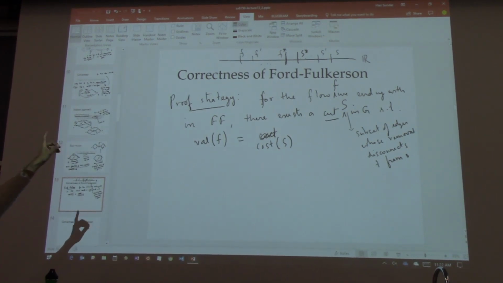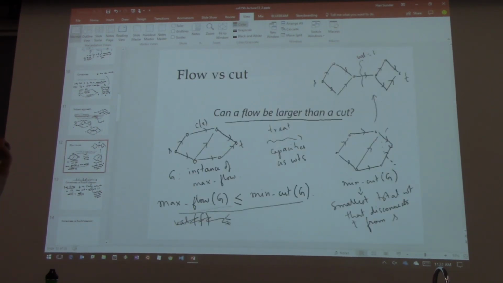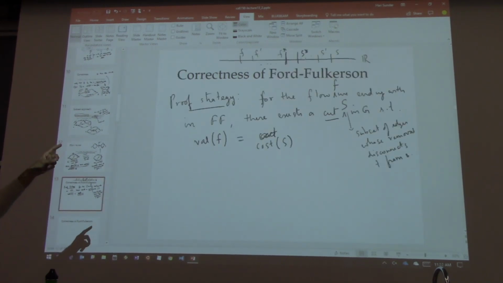Okay. So the previous slide said that the max flow is less than or equal to the min cut. Okay, so this is what we said. And now what we are saying is, I find you a flow, let's call this F, where there is actually a cut whose value is this. And what's the only way this could happen?